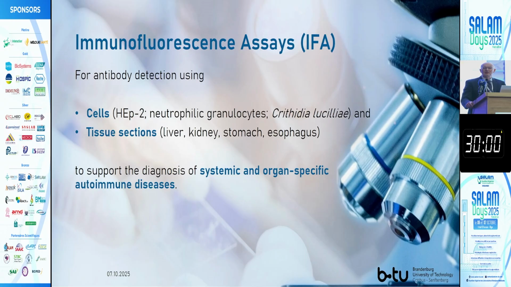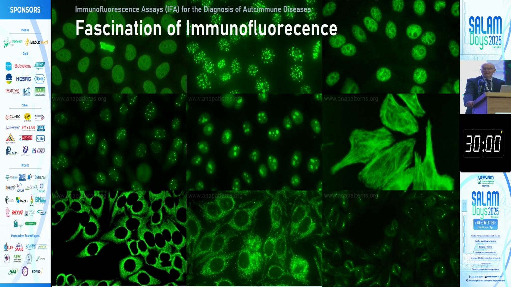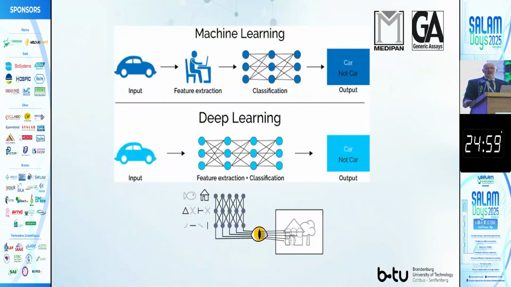I would like to talk about one technique that was used at the beginning of the era of autoantibody testing, meaning in the late 50s of the last century, for the detection of these parameters, and that is the indirect immunofluorescence technique. Look at these very impressive fluorescence images. I think everybody here in the audience understands that it requires some skills to do an appropriate interpretation of ANA patterns. This is what we have been working on.